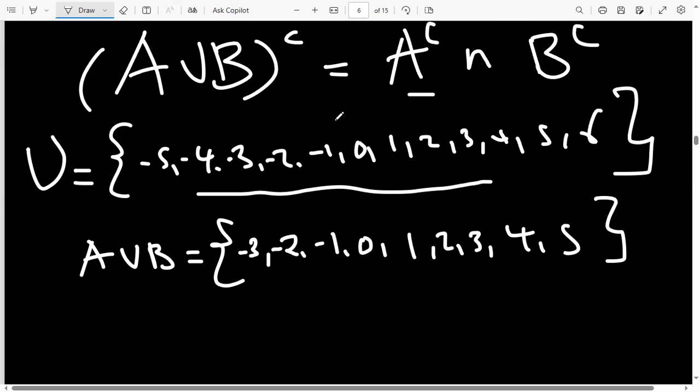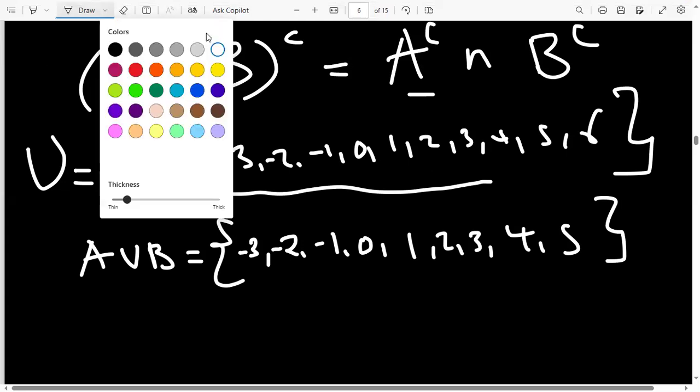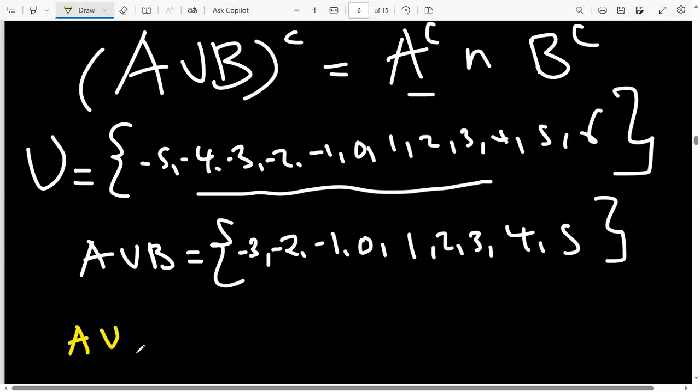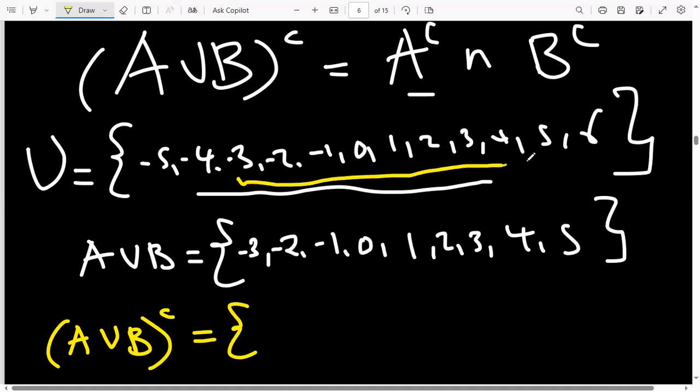Now we want to find our A union B complement, meaning all those elements that are not in A union B, but are in the universal set. So those are the elements that we want to list out. So I'll say A union B complement is equal to, and then I'm going to write all the elements that I can see in the universal set, but they are not here. So we can see that starting from here, all these elements up to